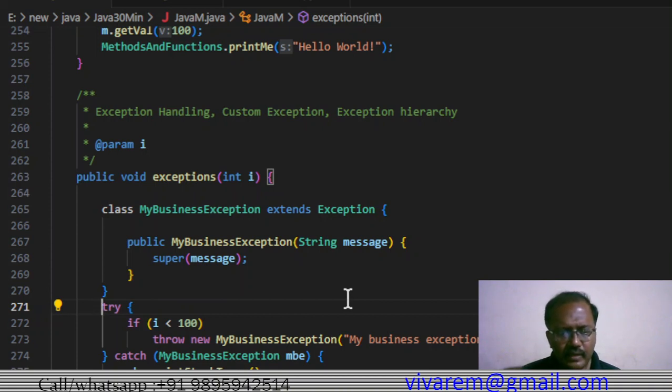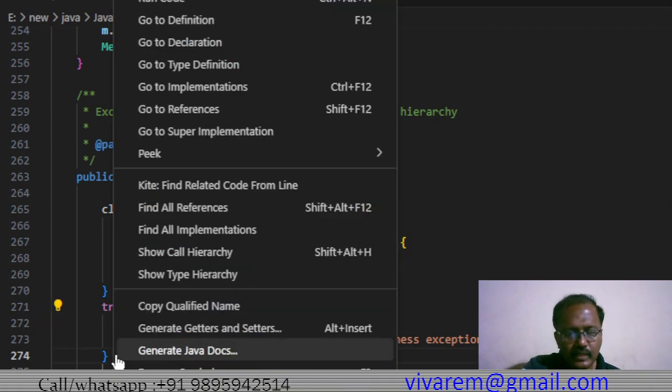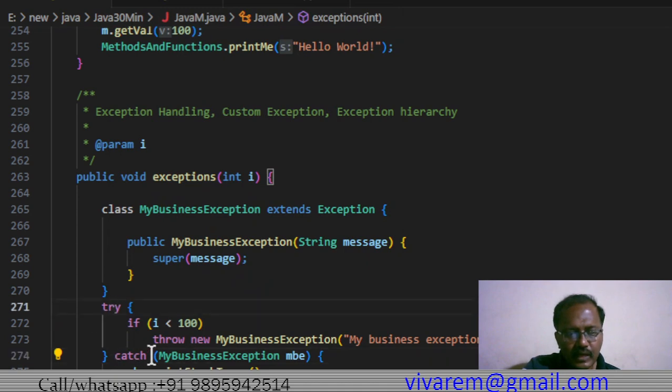If I is less than 100, then throw business exception, and we print the value of I. This is the message that we pass to the superclass. And when we print the stack trace here, we are catching my business exception here. See this, we are trying something, we are catching business exception here, and we are printing